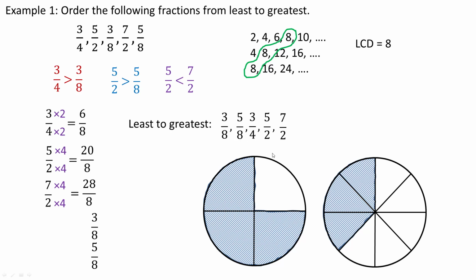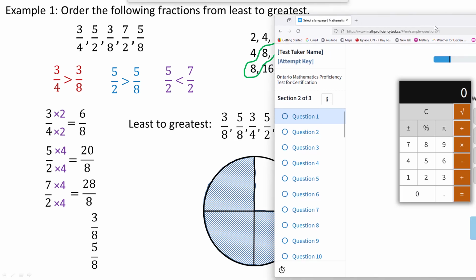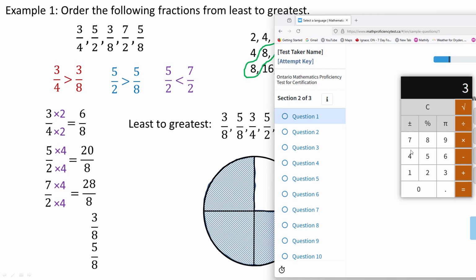Now, if you had a calculator, you could actually just change them all to decimals. For example, let's say we had our calculator here. I could just start with 3 divided by 4, which is 0.75, and I could write 0.75 down on a piece of paper. And next is 5 halves. 5 divided by 2 is 2.5. So if you're in the calculator part, you could just change them all to decimals and compare them that way